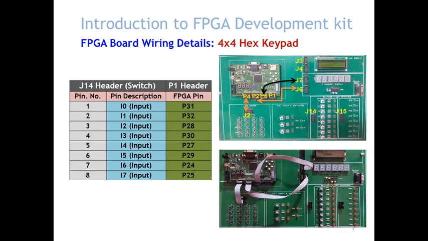Similarly, for the keypad, we are going to write VHDL code for a hex keypad interface, where we can press any of the 4x4 keys, and it will display the expected value on the 7-segment display. So like this, the pin assignments can be done for the keypad. For the keypad, we are using a separate header, that is P4, and it is connected to the J2 header of the daughter card. So this pin assignment can be used for the hex keypad interface.